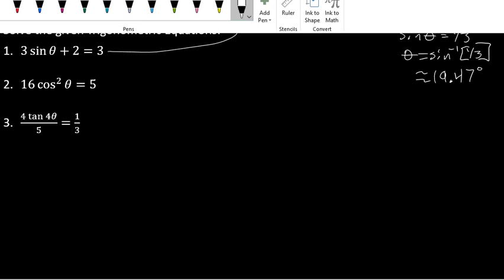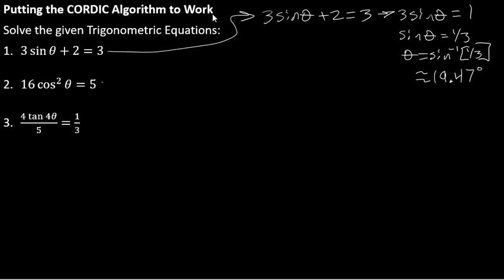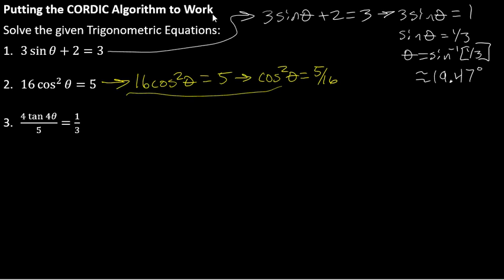Okay, so let's try it again. So I've got 16 cosine squared theta equals 5. I'm going to divide by 16 on both sides, so that's going to give me cosine squared theta equals 5 over 16. Take the square root of both sides, and I'm going to bring my work over here. Take the square root of both sides, I'm going to have cosine theta is equal to the square root of